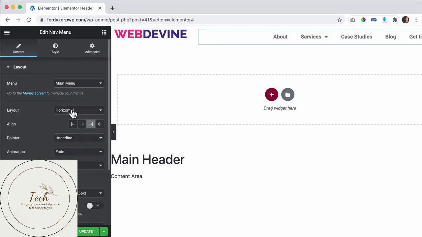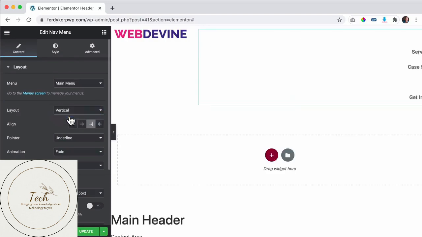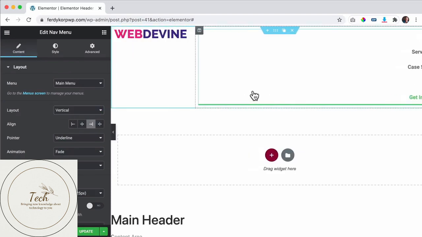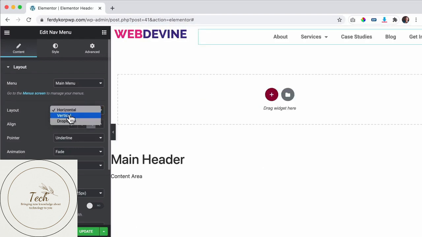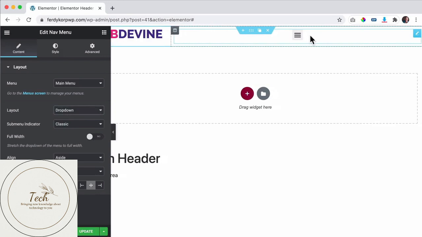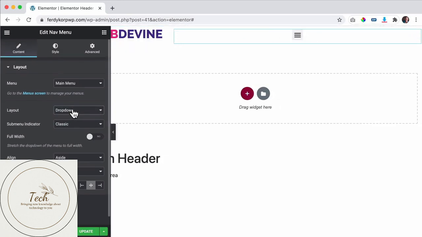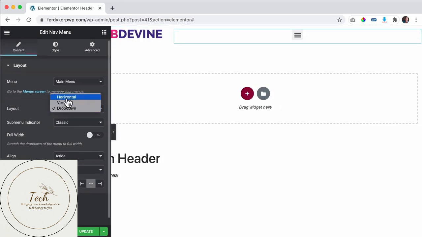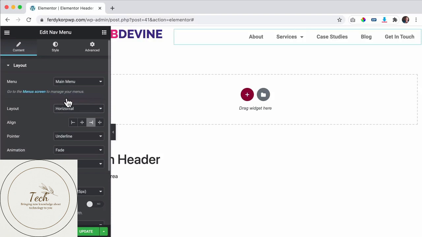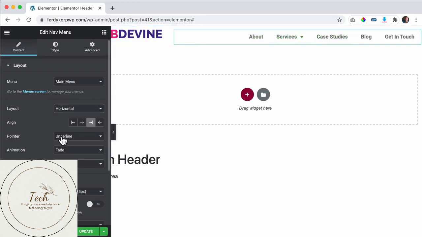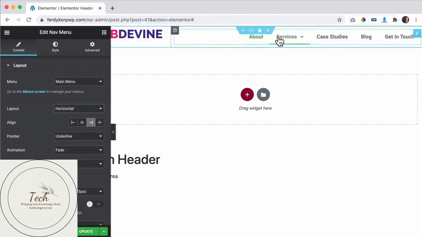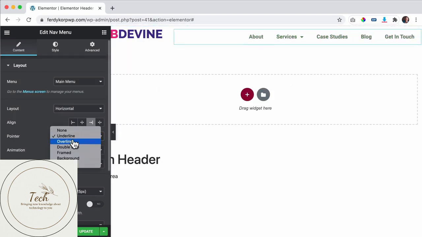How do you want to display this? Horizontal menu or vertical? Well, I don't want to display the menu horizontally like that, or a drop down, so you only have an icon over here. That's also an option. I use the horizontal menu. Then we align it to the right, then we have the pointer, and over here, that is the pointer. The pointer is an underline. Oh, it can be nice, I don't want it, I rather have it